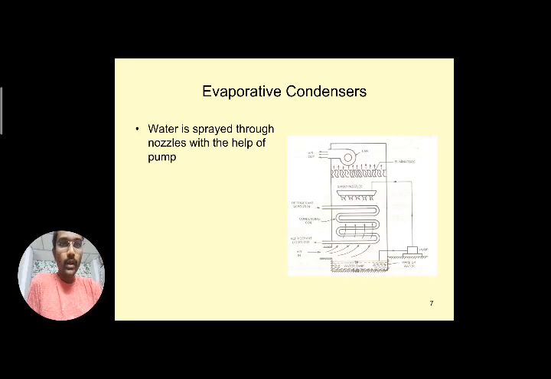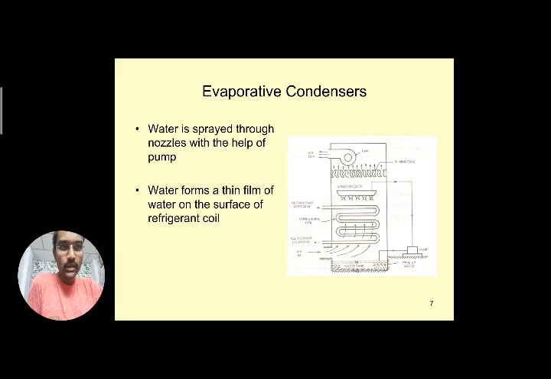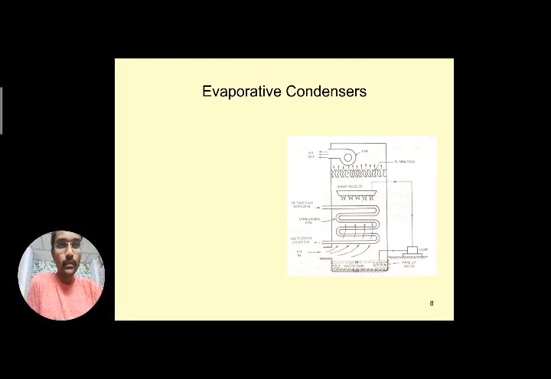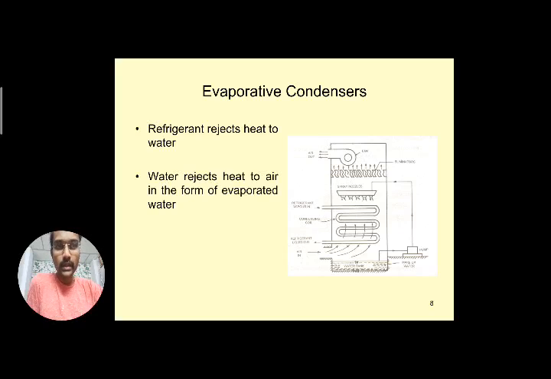Now water is sprayed through nozzles with the help of a pump. I already explained that. And water forms a thin film of water on the surface of the refrigerant coil. So around the coil, a thin film of water is formed around the tube. Next, the refrigerant rejects heat to water, as heat exchange takes place between the water and the refrigerant. Now simultaneously the water rejects the heat to air